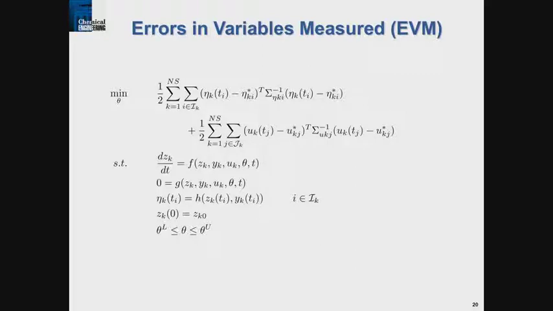Okay, so this is basically where we put the problem together. The formulation here is what's called EVM, errors in variables measured. So in other words, we have not only errors in our outputs, the temperatures, and some of the concentrations, but also errors in our inputs, okay, which is basically looking at the amount of feeds that we put in. And believe it or not, they're not perfect. They actually have errors in the actuators and in the scales. So that is our problem.